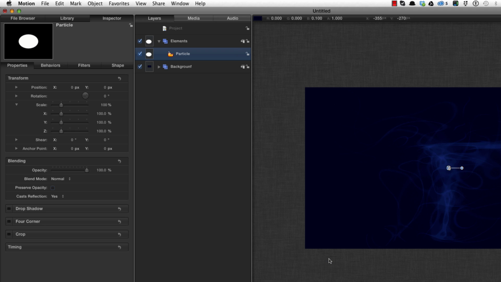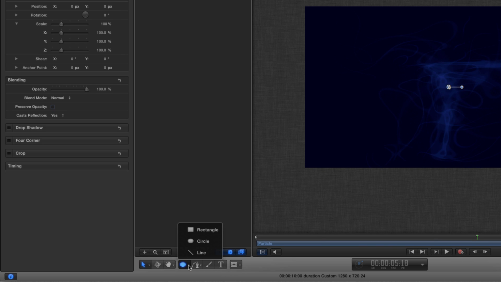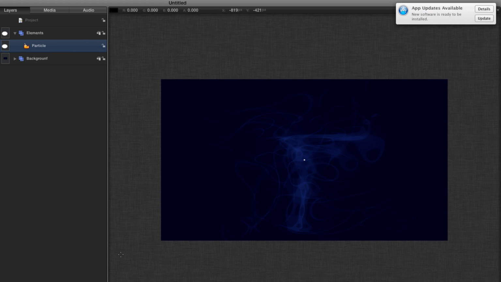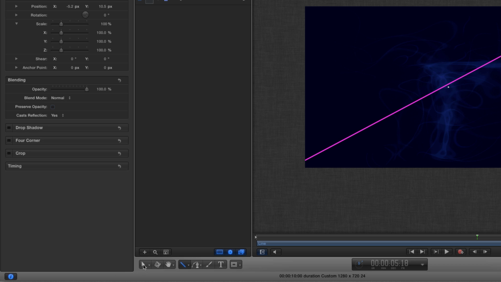And I want to do one other thing while I'm in this group, and that's to create a path. So I'm going to come back down to the Shape menu, click and hold, and select the Line tool. And starting at the bottom here, just off screen, I'm going to draw diagonally up from the bottom left to the top right. If I select the arrow tool, turn on the overlays, Command /, hit the Tab key 1, 2,